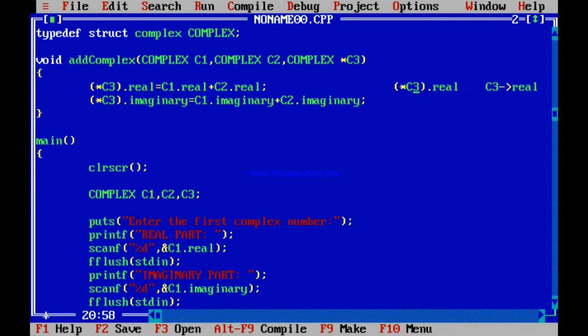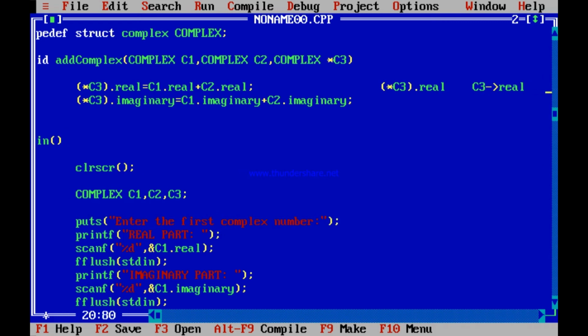Star C3 dot real. I repeat once more. C3 is the pointer to the structure. Star C3 is the content, that is, you access that structure. Now you access the real variable with dot real. So it is the same as C3 arrow real. If C3 is the pointer, you can access the variables of the structure with the help of this arrow.